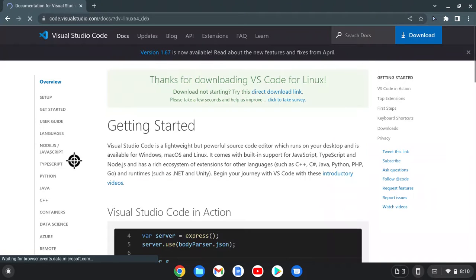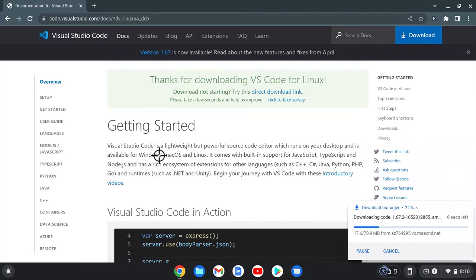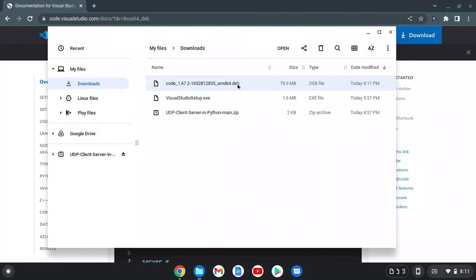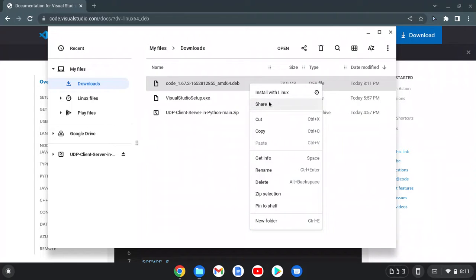Just click on that and it'll bring you to this download page, and you'll see a little download pop up over here. When it's done downloading, you just want to click on show in folder right here, and it'll bring you to your files. And then all you want to do is right click, and if you guys have Linux beta installed, which is required, you need to click on install with Linux,